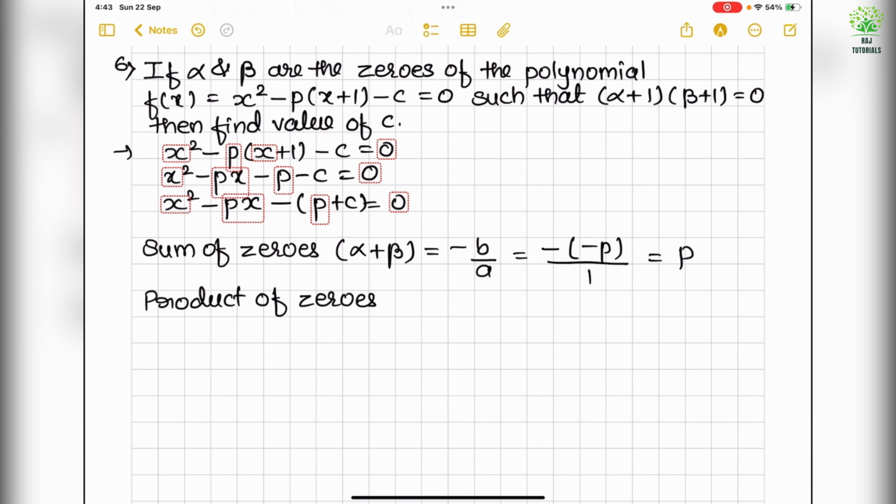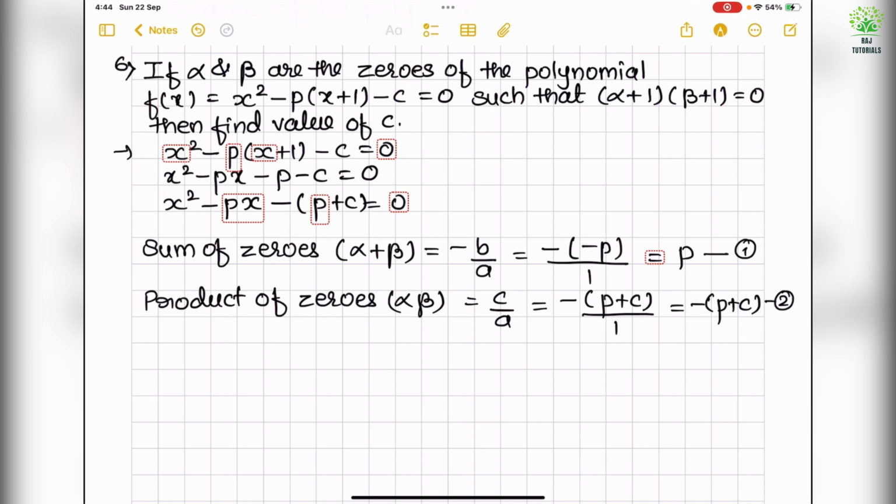And product of zeros, alpha beta, will be c by a. So that equal to minus p plus c by 1. So minus in bracket p plus c. So now using these two, let us give these equations 1 and 2. Now using 1 and 2, I have to find